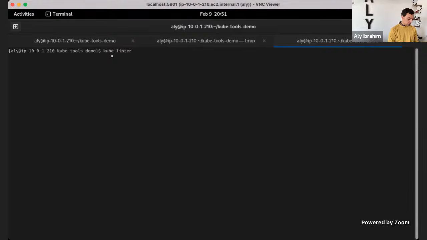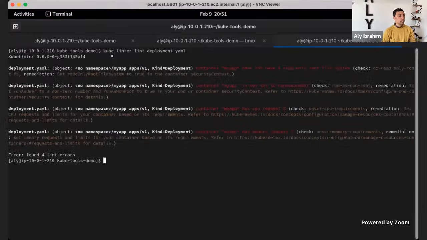So we can do kubelinter lint, and I will check if my deployment is adhering to the standards. Directly it will show me that you don't have any CPU requests, you don't have any memory requests, which is not something that will break. It will work, but it's about adhering to the standards. It is telling you the name of the check we did, and how to modify or change that.